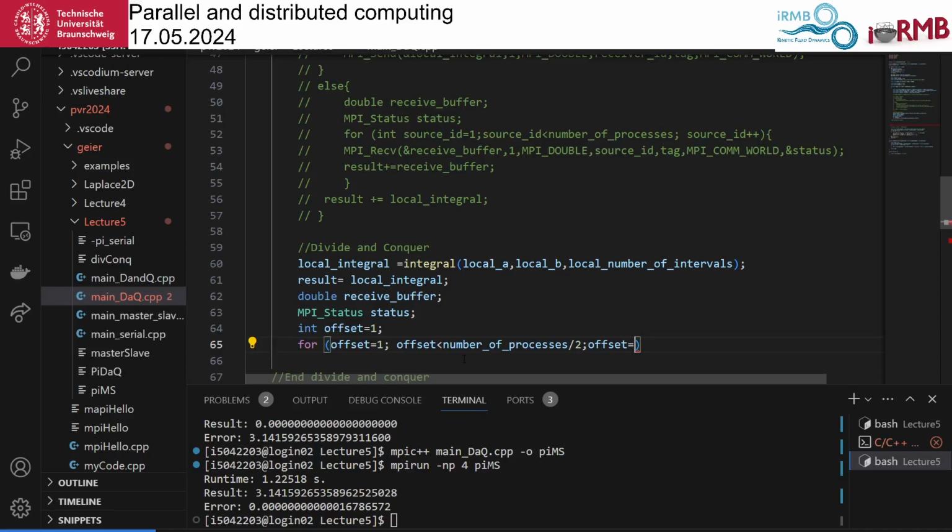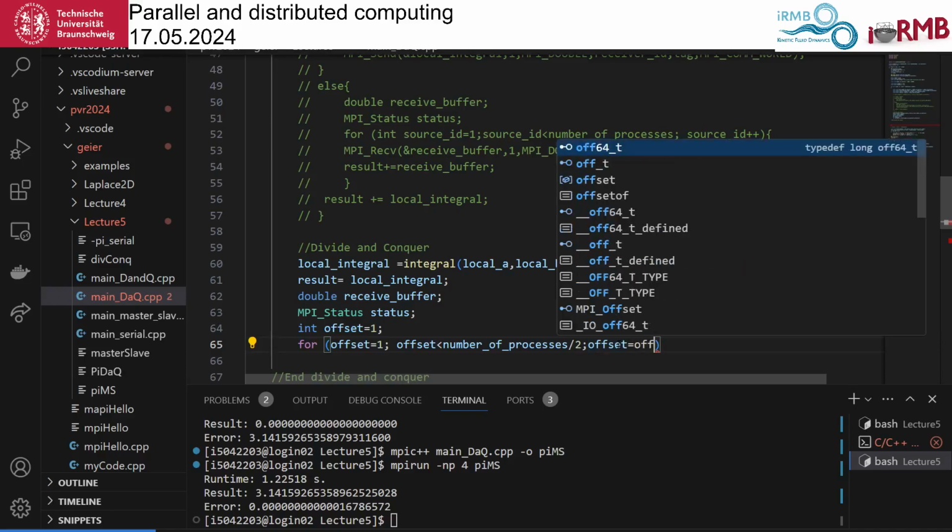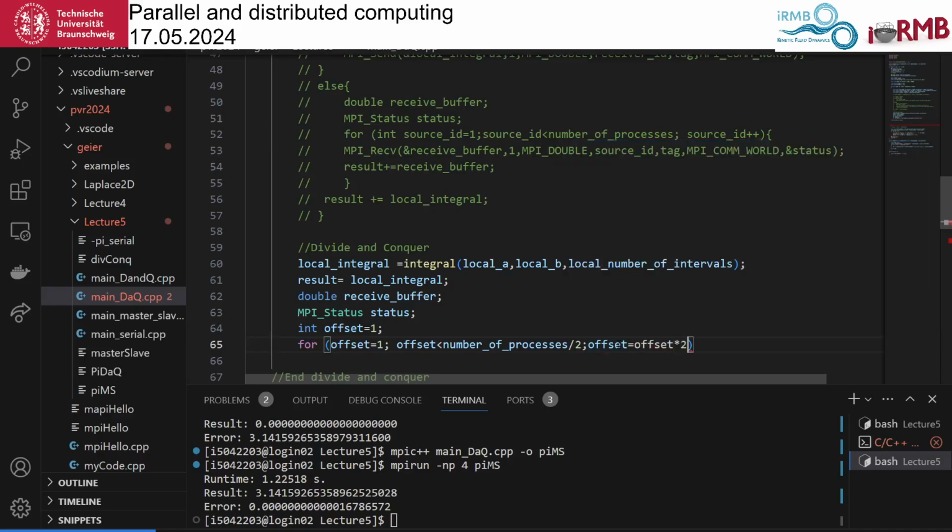Stopping condition, thank you. The stopping condition, yeah, but now my question was about the increment. Of course we need to get both right, but probably the increment is easier than the stopping condition. What is the increment? Offset times 2. Times 2. So this is the increment, yeah? So is everybody happy with offset is smaller than number of processes